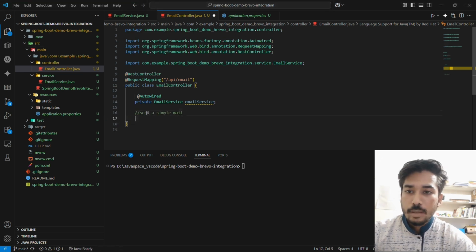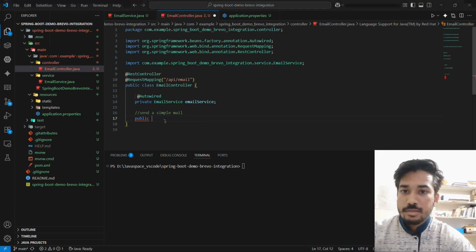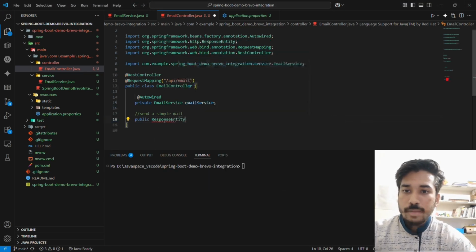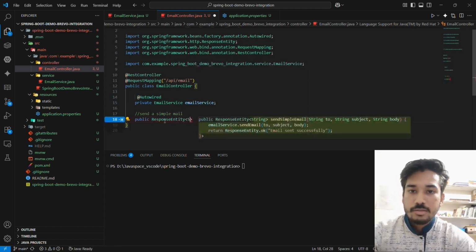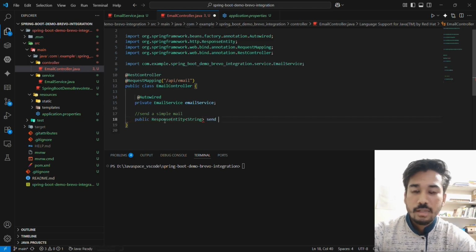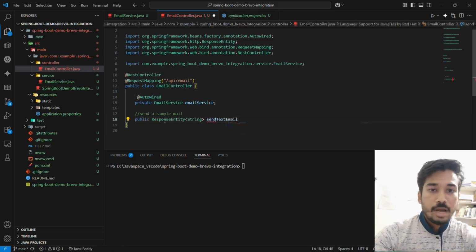So I'm going to call this endpoint sendTextEmail. Okay, so the return type of this endpoint will be String, since we don't want anything else other than a success or a failure message. So the String type will be there, and this